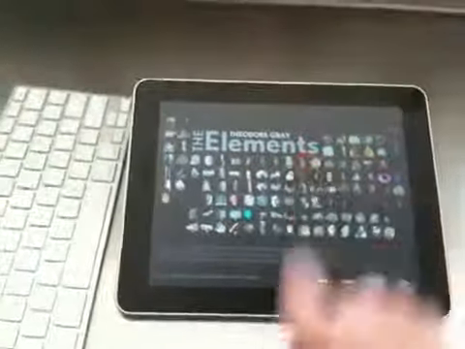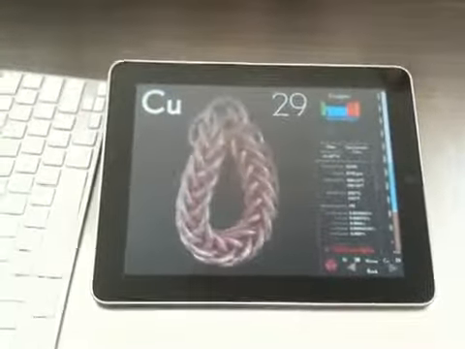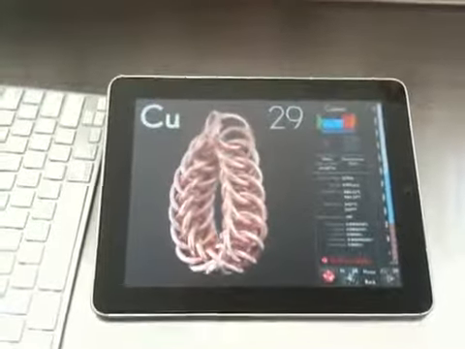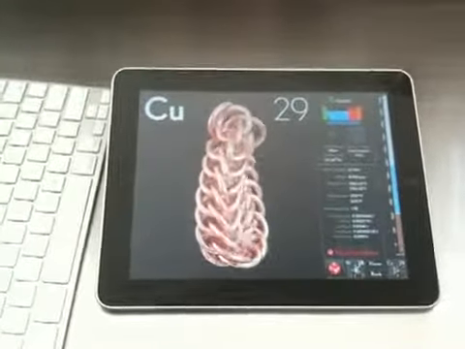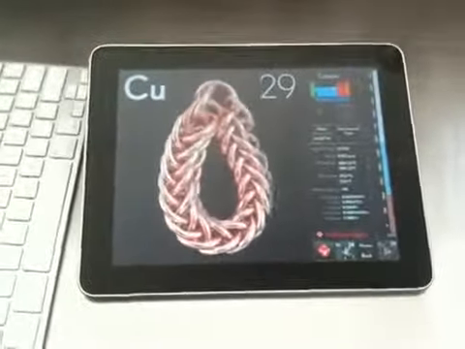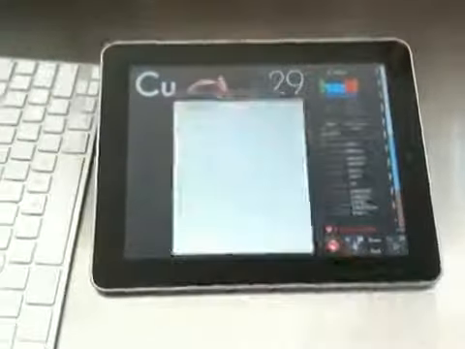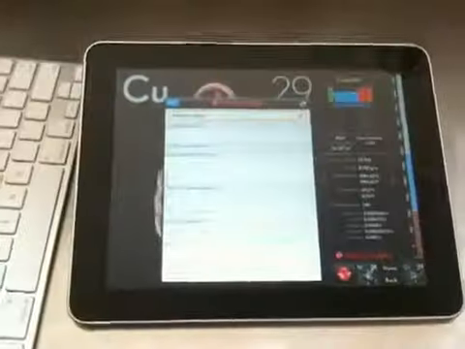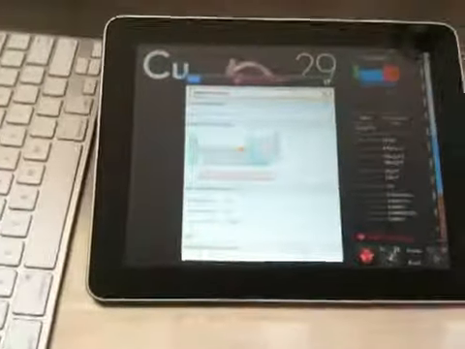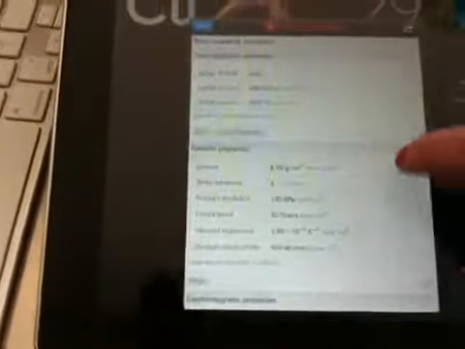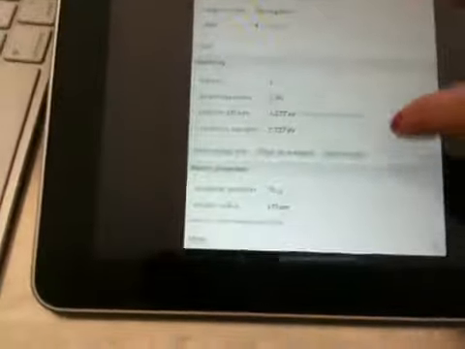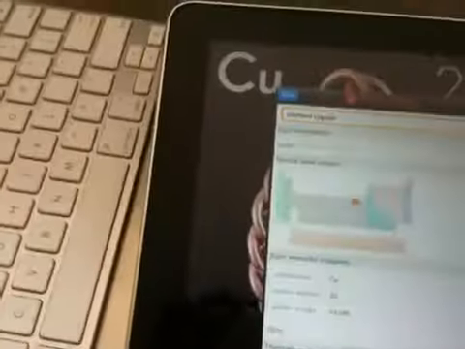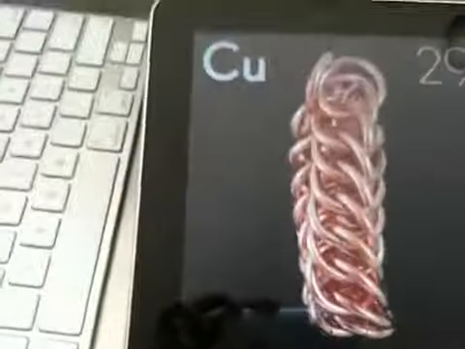Amazing. You can zoom in to each element just like that by tapping its place in the periodic table. And you see that this is copper, which is element number 29. We can call up some information from Wolfram Alpha. This is connected to the local Wi-Fi network, and I can see the periodic table position, thermodynamic properties, basic elemental properties. If you pick another one, I think if we go back and pick,